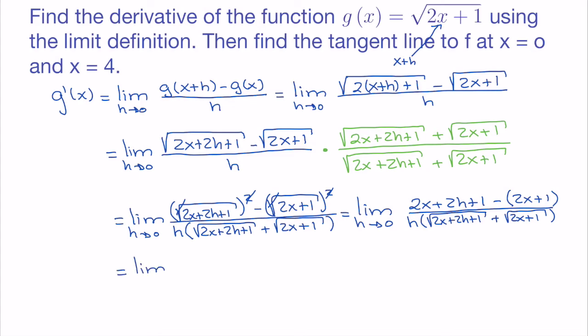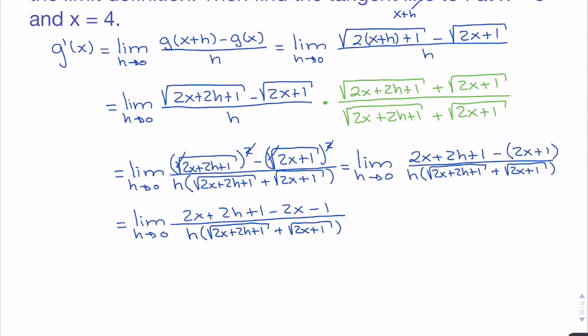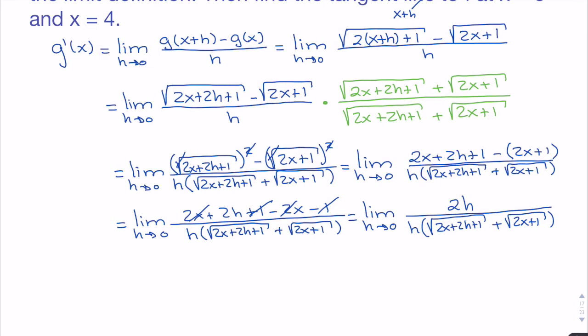And so we get the limit as h approaches 0 of 2x plus 2h plus 1 minus 2x minus 1. And in the denominator, we just get the same thing. So the 1's cancel out, the 2x cancel out, and we're left with the limit as h approaches 0 of 2h divided by h times, same thing, square root of 2x plus 2h plus 1 plus square root of 2x plus 1. The h is cancelled out,